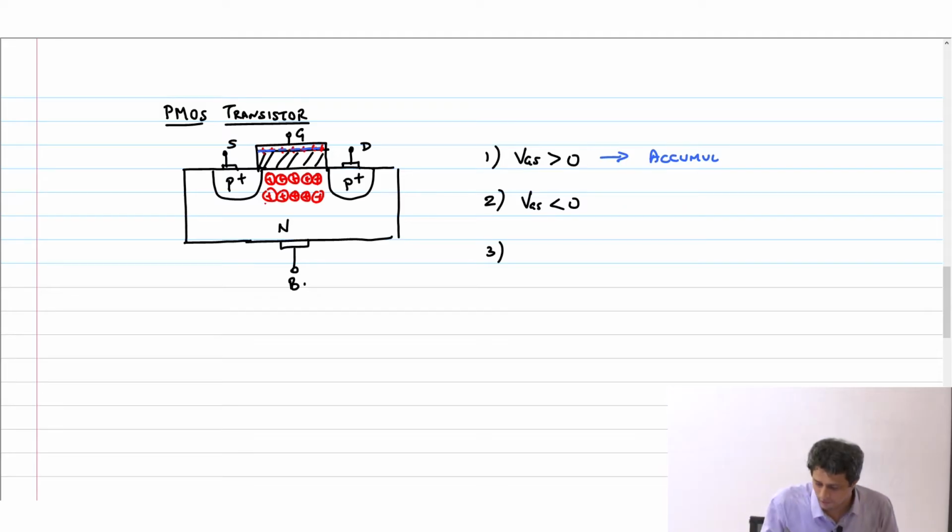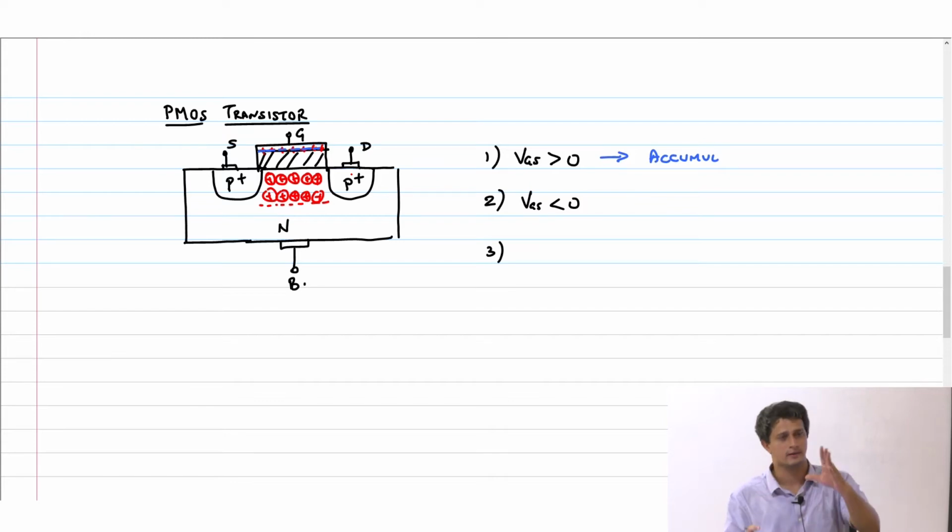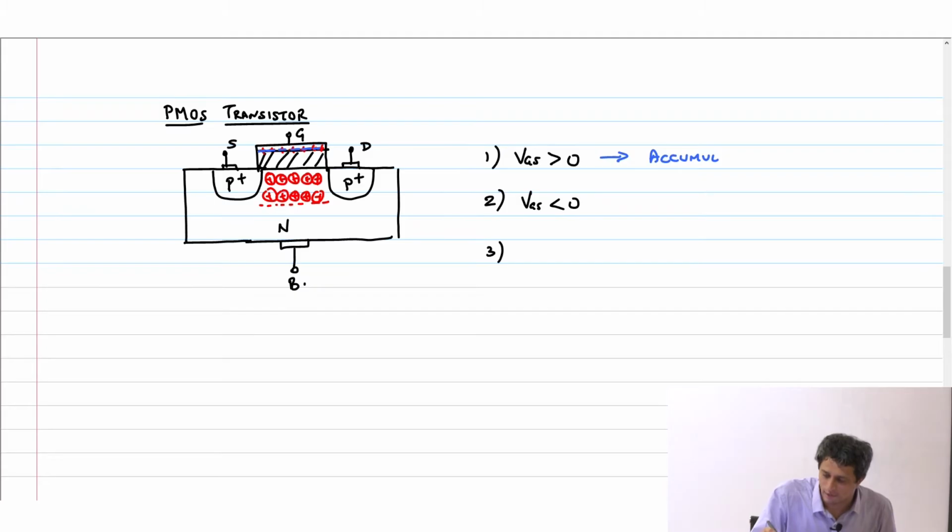This will happen until the surface potential gets pinned, just like the NMOS transistor. So you will have a surface potential that develops across this,